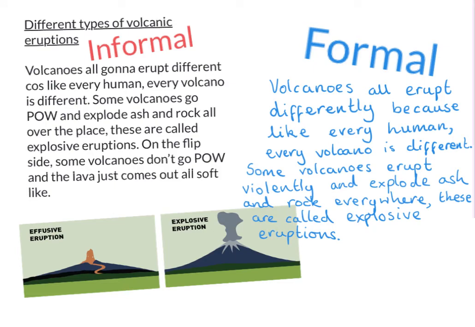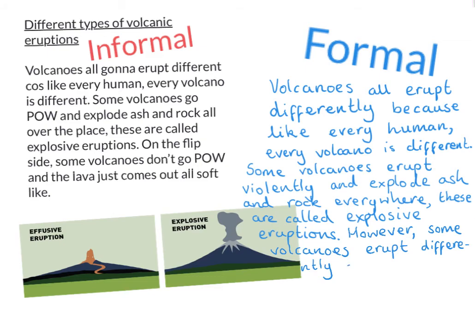Okay, so starting a sentence, it's like starting with but, we're not allowed to start with but, so we start with that word that begins with H. Well done. However, and we do need a comma. However, comma. Some volcanoes, and then it says don't go pow. We can just leave that out because that's a bit confusing. Some volcanoes, we can say erupt differently, erupt differently, and